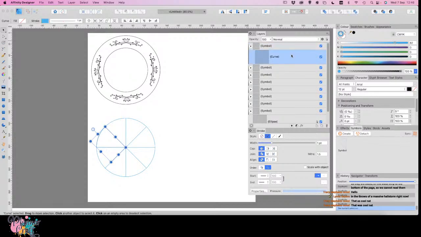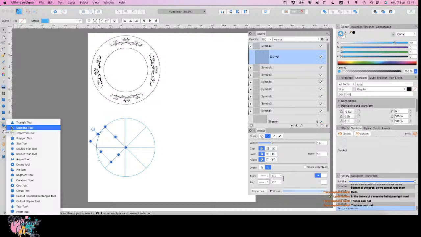So it could be text, it could be that we import a file, it could be that we just do a basic shape. So Affinity, you know what I love about it is the plethora of basic shapes that we can use to design with. So I'm going to go back down to my shape tool, click and hold to get that drop out menu, and let's go for a cog tool,